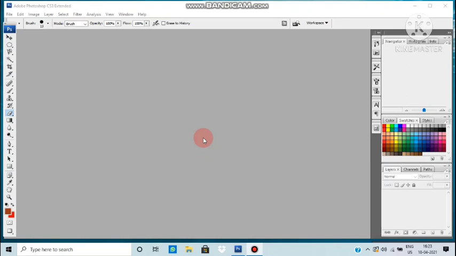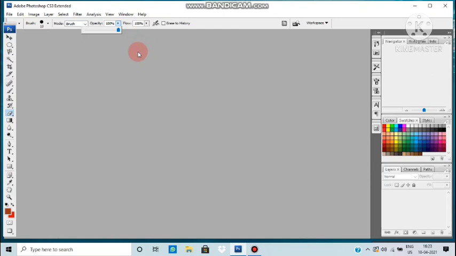Next is opacity. Opacity means how transparent the color of the brush should be, like the background visibility. When you draw, should the background be visible or not? According to that, opacity can be set. If zero opacity is there, then there is maximum transparency. You can see here it is set to 100%, meaning no transparency will be there. You can decrease it from this slider. You can make it 1, 2, 3, and the maximum is 100.